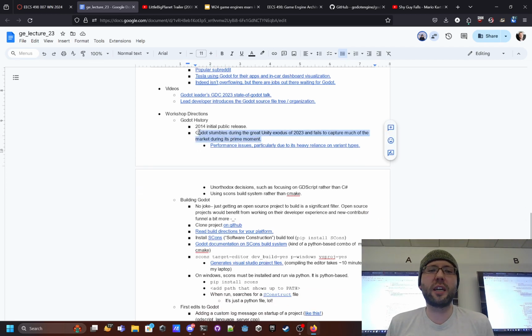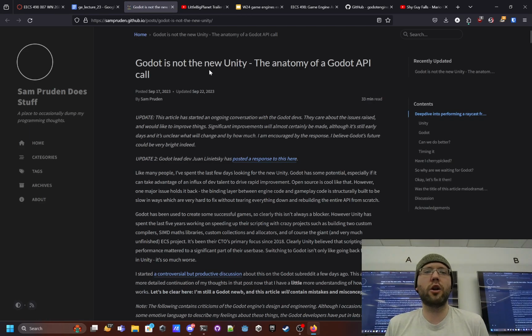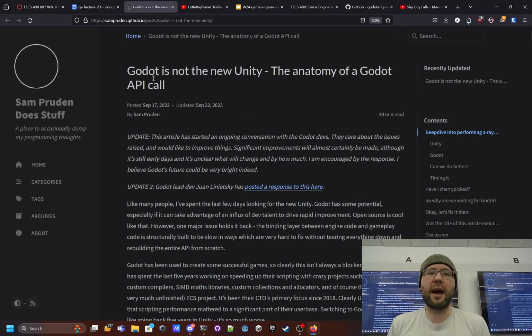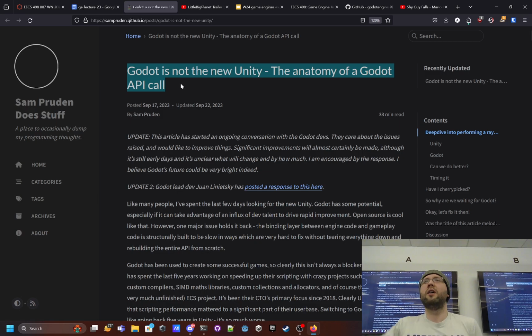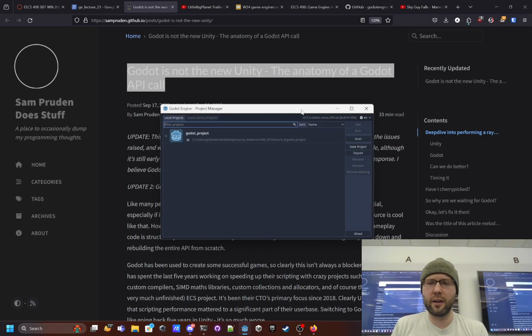Unfortunately, people looked at Godot and they said, you know what? Godot just isn't quite there. Godot is not the new Unity, the anatomy of a Godot API call. This article blew up, okay? Godot has a lot of problems, all right? In many ways, it is Unity-like, and it's very powerful and wonderful. In fact, I think I can actually show you some cool stuff here in case you didn't use it. But for the first few